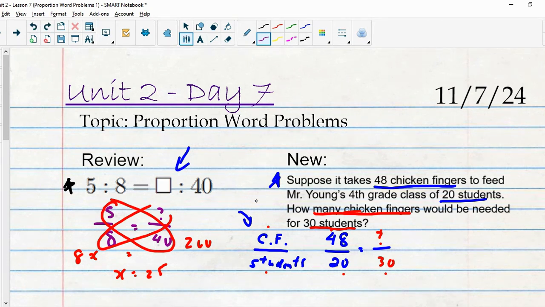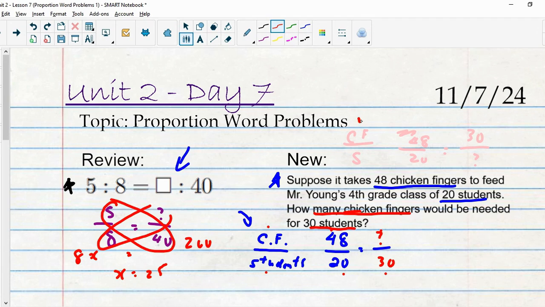Okay, so in other words, what you cannot do is this. All right, let me use a different color. I'll use pink. What you cannot do is this. I don't know if you can see this. You can't do chicken fingers to students here and then do 48 students to 20 chicken fingers, and then switch it and put 30 up there and the question mark down here. You can't do that